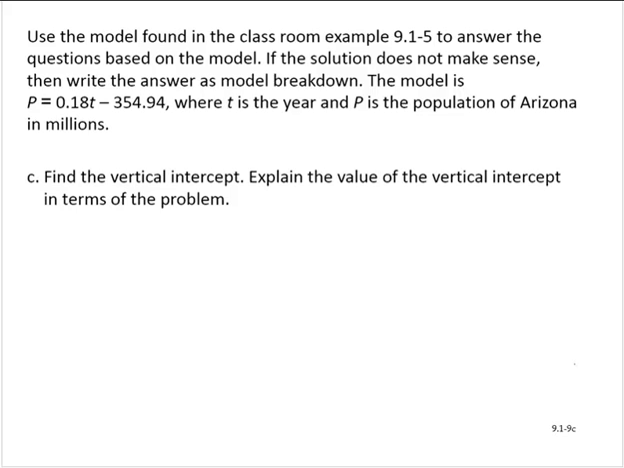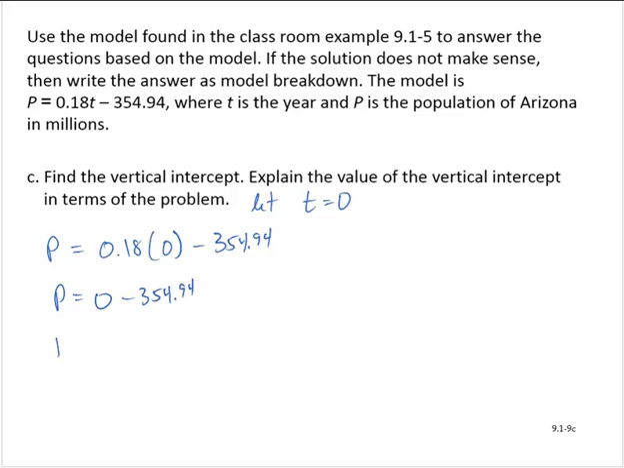Part C. Find the vertical intercept and explain the value of the vertical intercept in terms of the problem. Alright, so to find the vertical intercept, we will let t equal 0. And we can easily identify the vertical intercept since we're in slope-intercept form, but just in case, I'll remind us, substituting and simplifying, we would get 0 minus 354.94, and so then P would equal negative